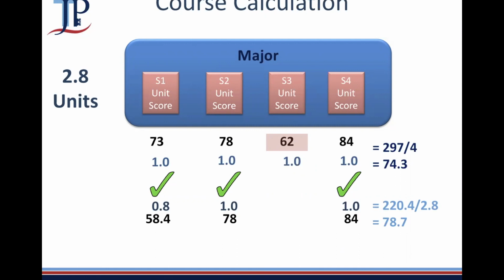So 73 is only going to count 0.8. So 0.8 of 73 is 58.4. Now we add them up and divide by 2.8. Now your course score is 78.7. So there's a real advantage in the calculations by dropping out the things that are really poor by comparison, and